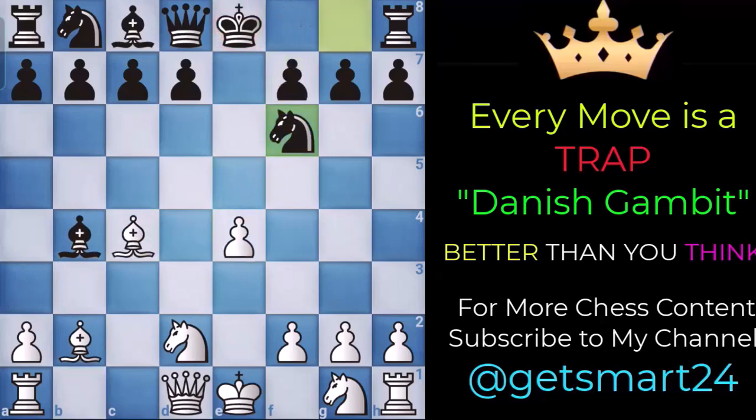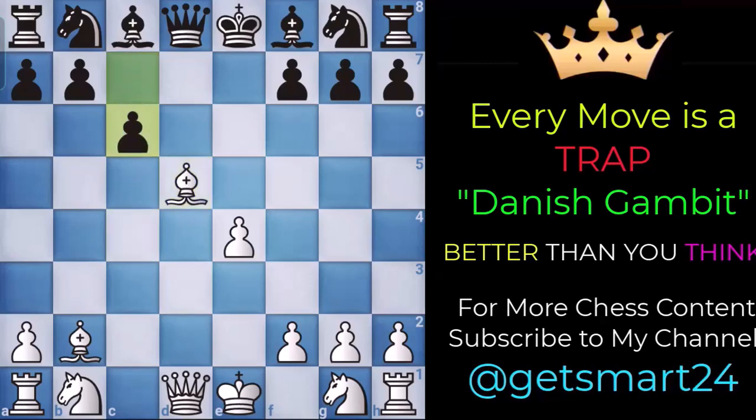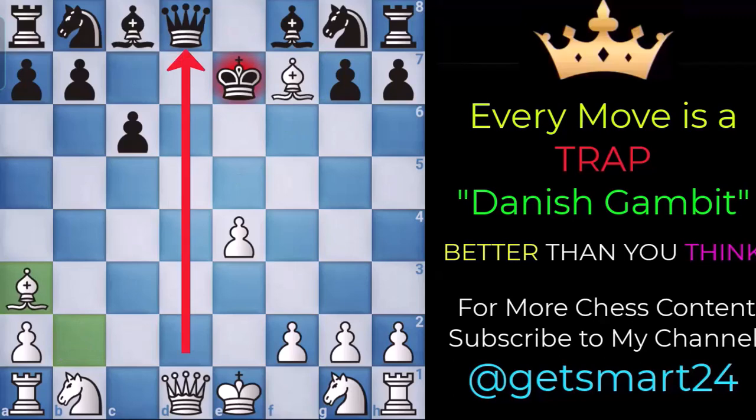Now, let's examine another variation that begins with d5, known as the Schlechter defense. We capture the pawn, and if black carelessly plays a move like c6, attacking the bishop, we execute bishop f7 check. Black cannot capture the bishop due to their hanging queen, so they must play king e7. At this point, we can simply play bishop a3 check, forcing black to move their king away and allowing us